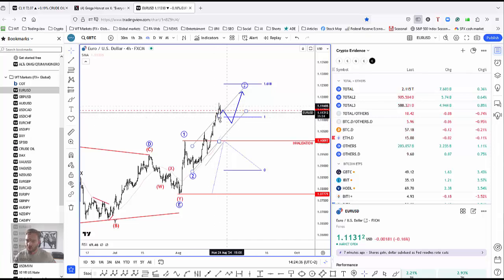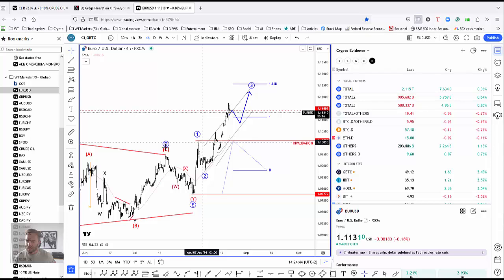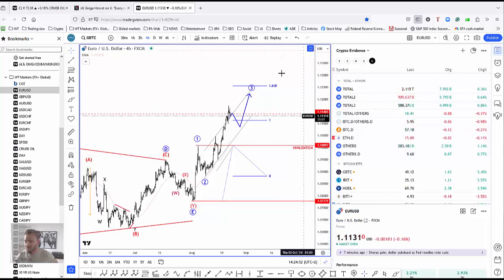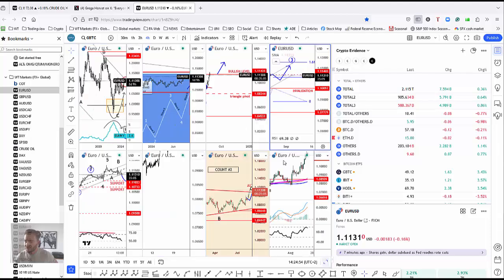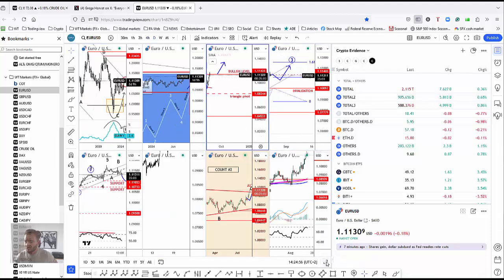So I'm looking for some kind of a fourth wave setback that will later on take us even higher. In such case, watch this invalidation level at 1.10. I think that's a pretty important level. As long as we are above that, I think we are in a bull run. So clearly watch out for these potential setbacks that can give us opportunities on the long side to join this trend.